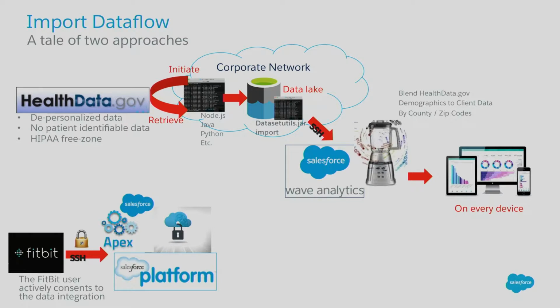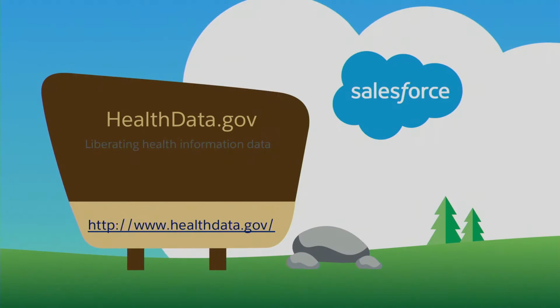And then we're going to use Apex tools. These are Apex web service calls to then draw that data into Salesforce and populate custom objects. And then from there, obviously, it's standard Wave functionality to bring it into Wave where we can blend it and then present that information out to our customers. Okay? So those are the two routes that we're going to look at. Let's drill in on the